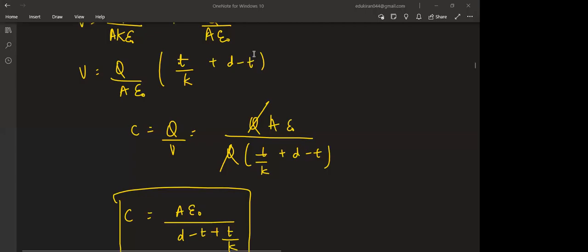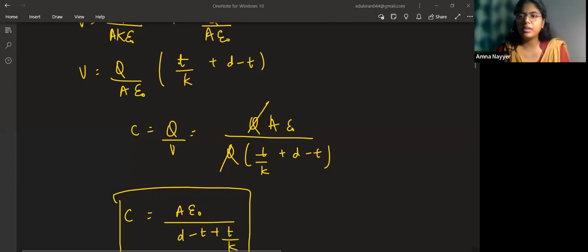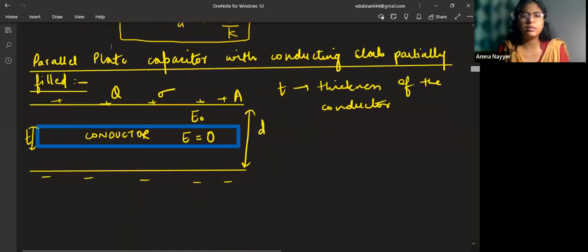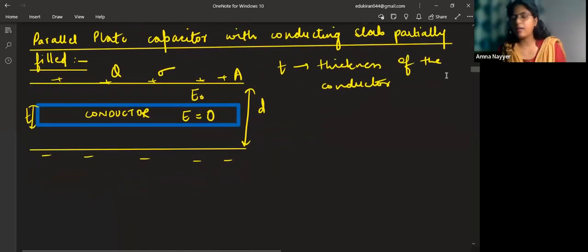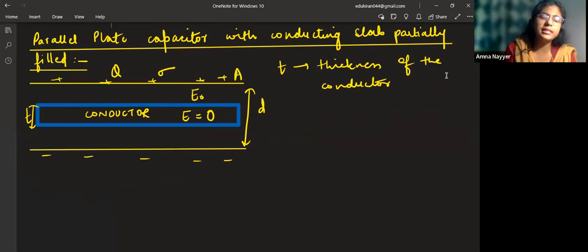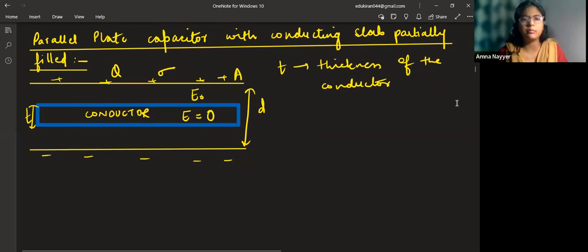Class, since some of the time has already been used, the diagnostic test we won't be able to do. What we can do, we can just take 5 more minutes and complete the last case that was left. It will just take 5 more minutes of yours. This I wanted to discuss with a conductor in between. If a dielectric slab is kept, with a conductor placed in between. This is just the last case we'll discuss, and before even the time you will be free, because the test will not be held today.